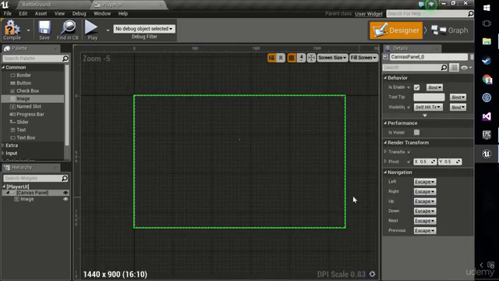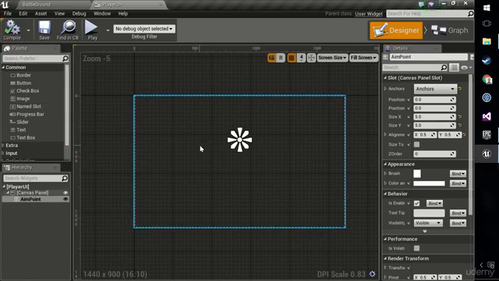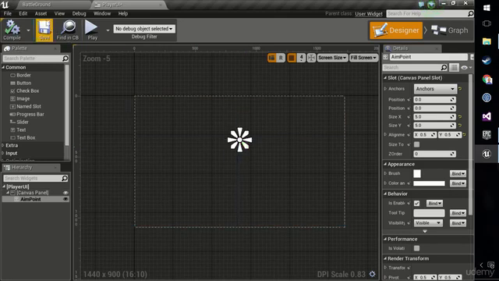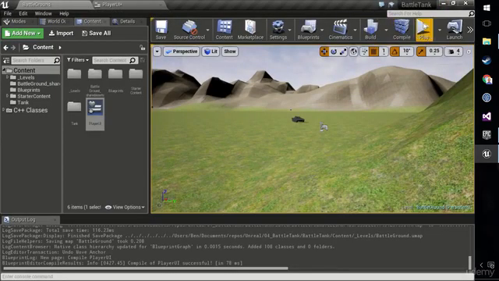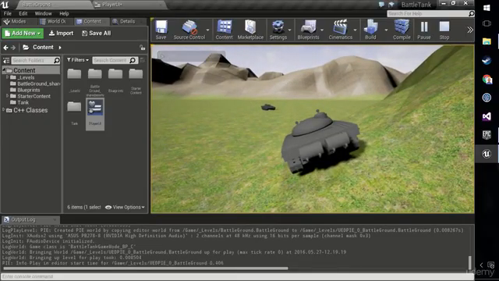Cool. Nice and simple. So I'm just going to call this image something different. Let's call it aim point, like that, and compile the player UI widget. And that is the start. We have a player UI widget. Now, don't be disappointed that when you play your game, it doesn't show. That's because we haven't yet set up the blueprint to make that show,